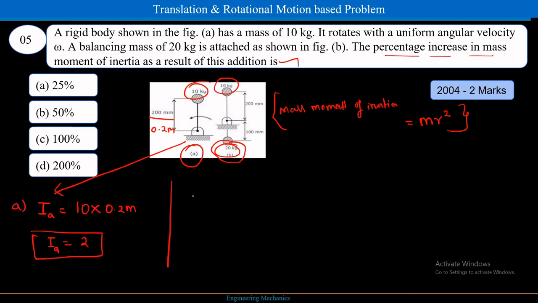Now I am going to take B, IB. This is a little bit tricky, but this is very easy. Since this is rotating in the clockwise direction, this is also rotating in the clockwise direction. So both come as positive. When an object rotates in an anti-clockwise direction, I am taking it as positive. These are all our assumptions. Suppose I assume my anti-clockwise direction is positive, then I will assume my clockwise direction is going to be negative. So it's very simple.